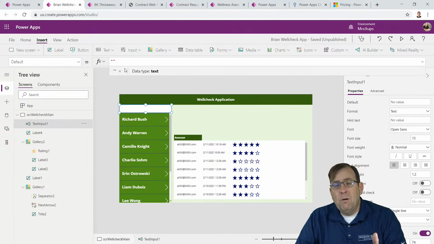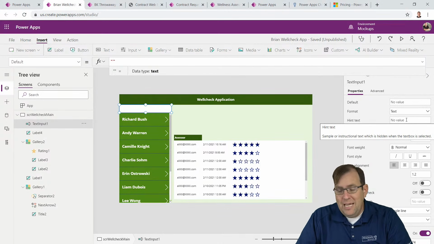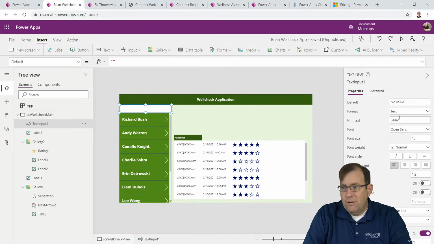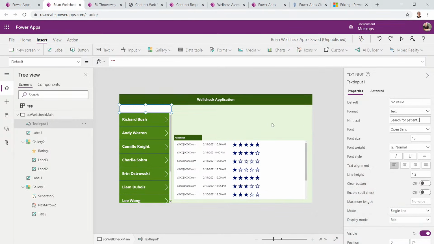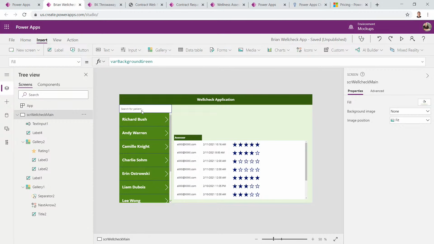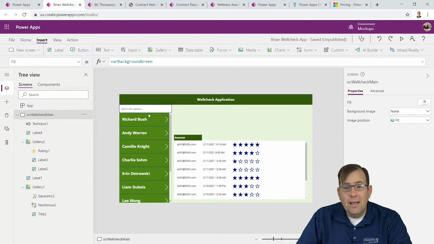But you also want to tell people what you want them to do with that text box. So on the right side, you'll see hint text. So inside that hint text, I can say, search for patient. Something like that. Whatever you want. And then it's going to show in a grayed out version, saying, hey, what do you want to do? All right. So now this gallery you're seeing right here,